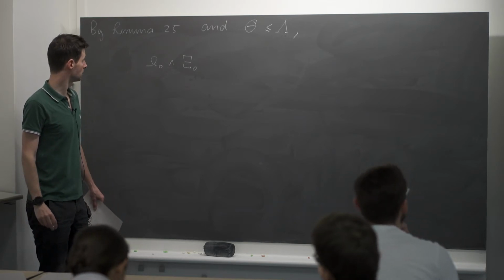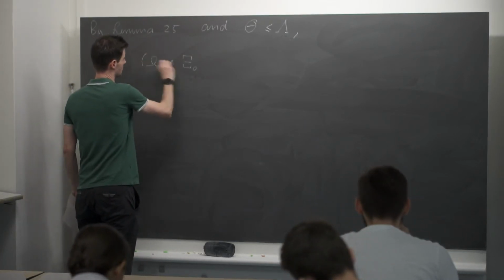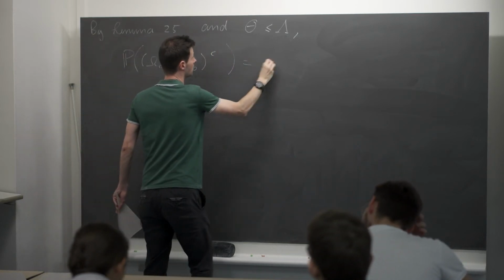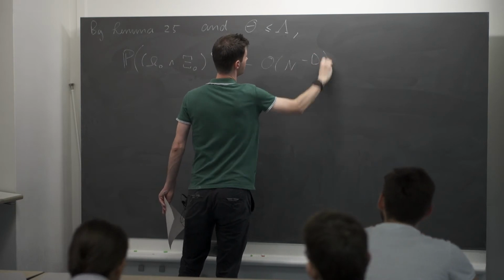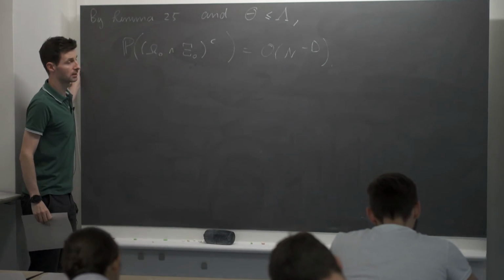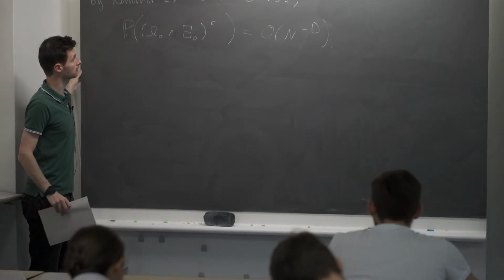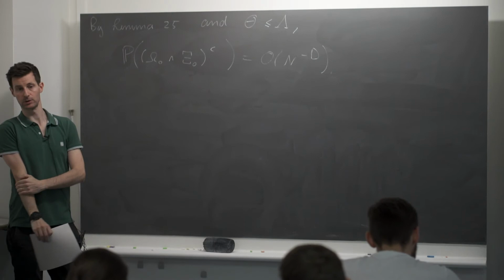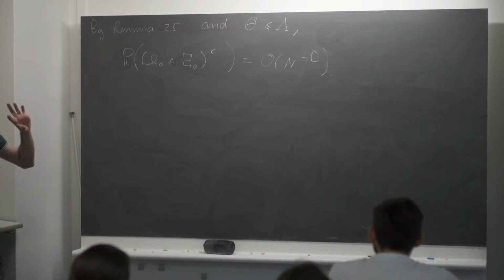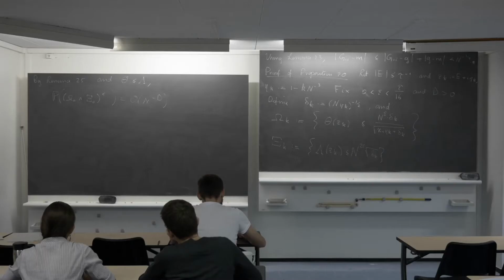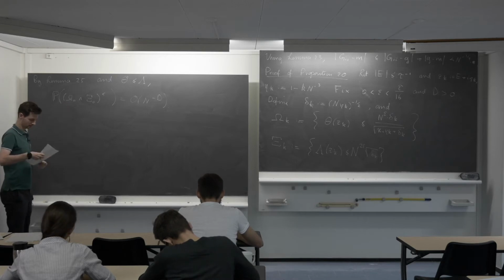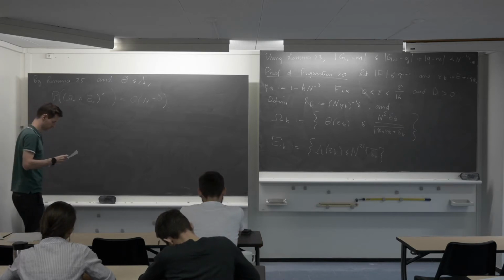So with the union bound, I know that the intersection holds with high probability, which means that the complementary event has probability n to the minus d. Okay, so this is what we just did. This is just rewriting. I mean, if you're not used to these kinds of notations, it may take some time to juggle these statements in your mind to get something of this form. But that's nothing more than what we just proved.